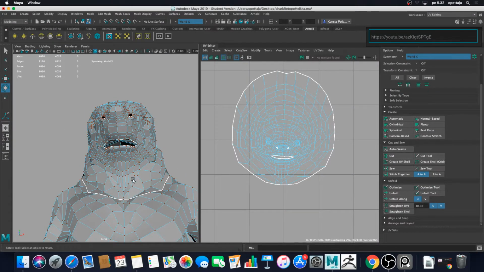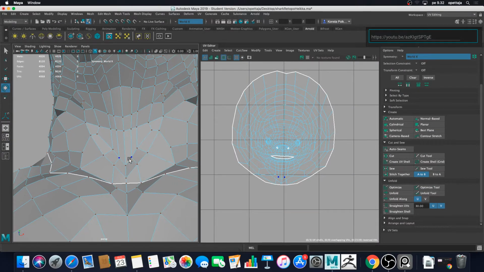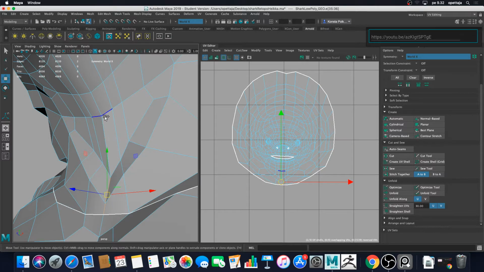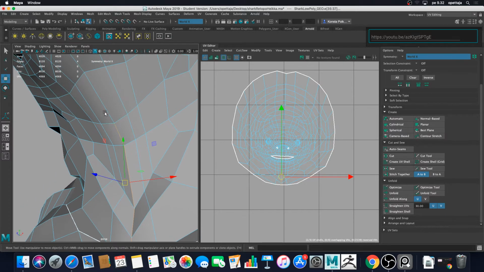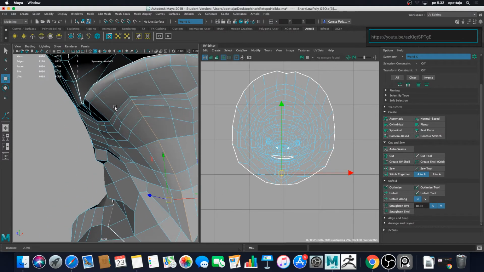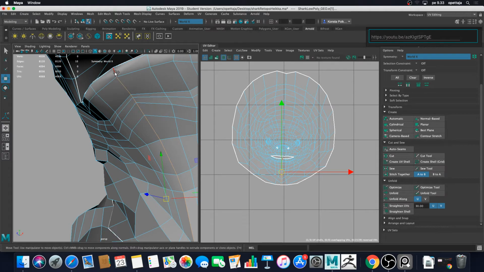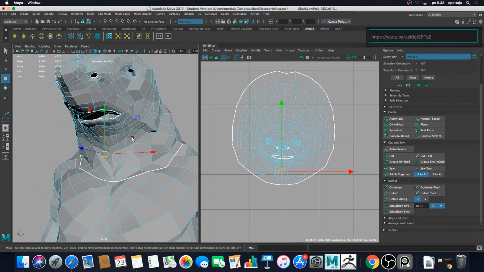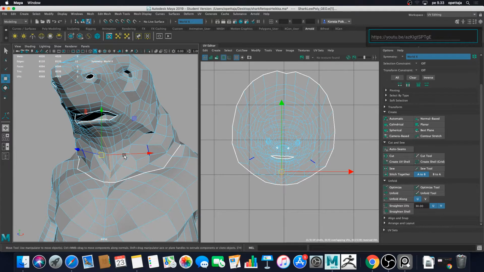The place where I want to create the seam is probably down here under the throat and under the chin of my shark guy. So if I make a seam here which goes all the way to the mouth of my shark guy,